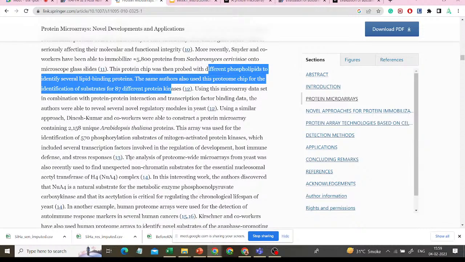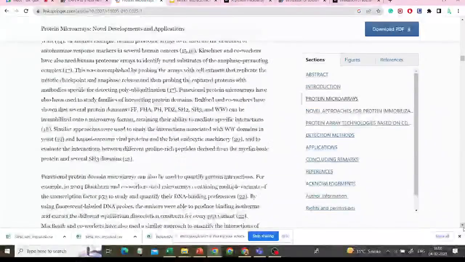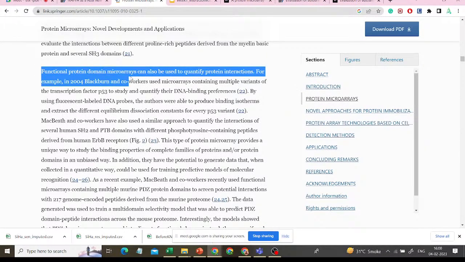Okay, so the microarray dataset in combination with protein-protein interaction and transcription factor binding data gave different regulatory models in yeast. So not only in humans but in model organisms like yeast and Arabidopsis, everywhere people started using it, to get knowledge about the proteins and their functional roles. Okay, so analysis of your